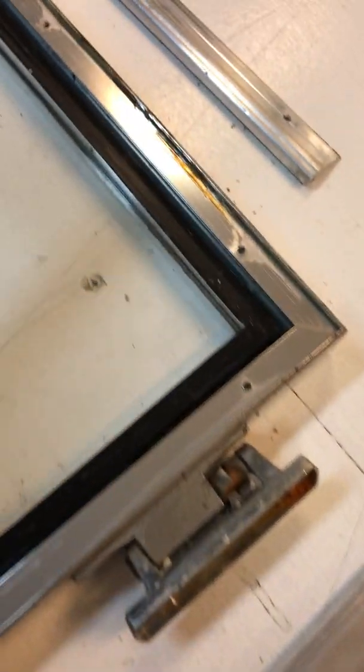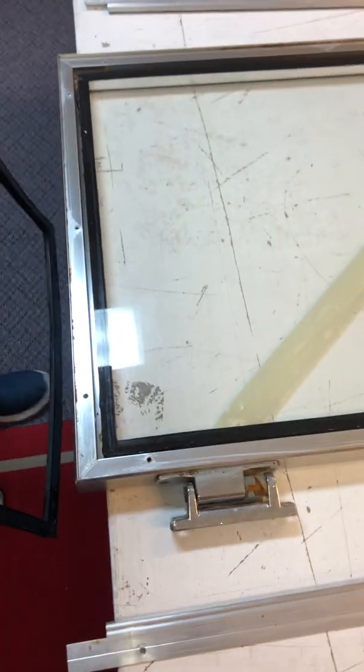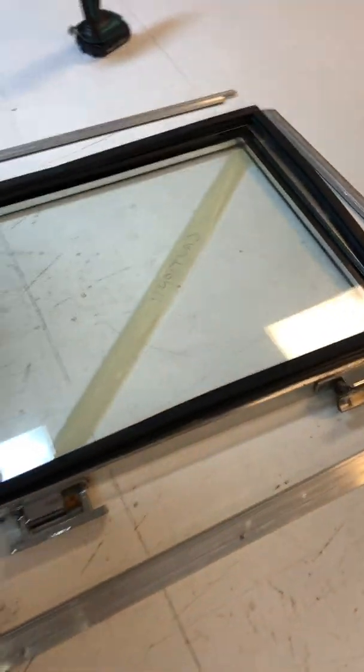So once you've done that, you can remove the seal. You've got the strips. Underneath will look something like this. You also need to be careful not to break the glass, so be gentle when you're handling the door. All right, you then grab the new seal, put it back onto the door frame,